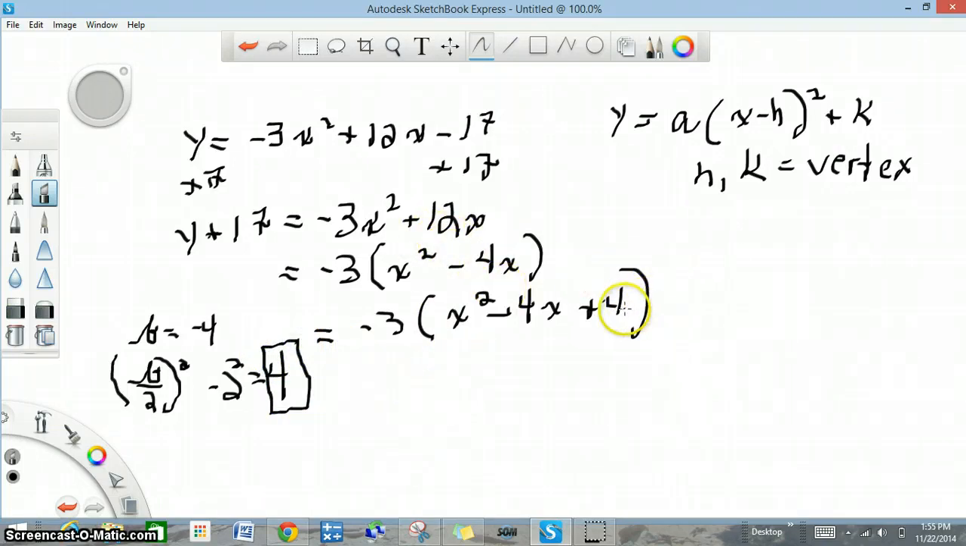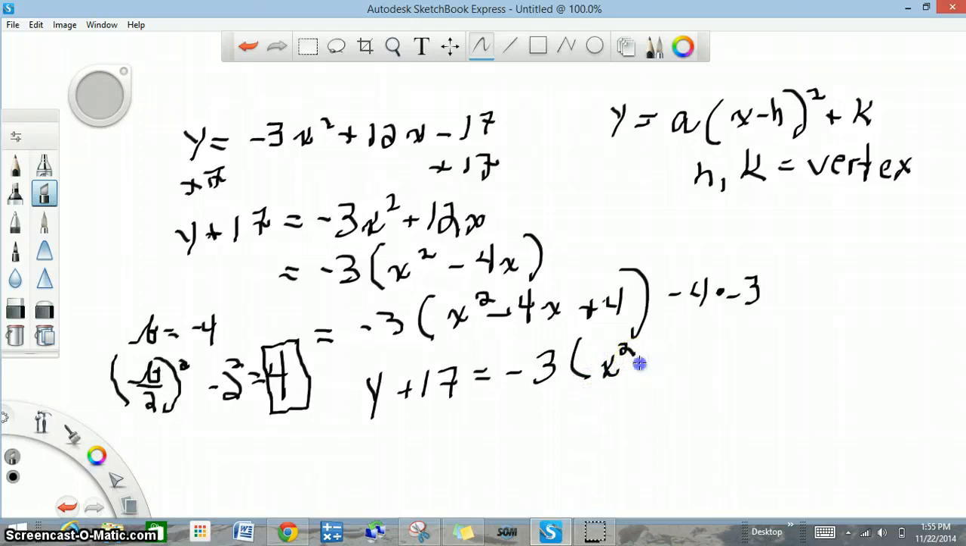But if I'm going to add 4 on the inside, I have to subtract on the outside. And don't forget, we factored a negative 3 out of the inside. So we're going to have to multiply that 4 by negative 3. Now we have y plus 17 equals negative 3 times x squared minus 4x plus 4. And let's go ahead and multiply 4 times negative 3. Okay, now